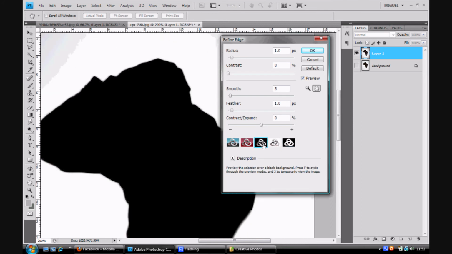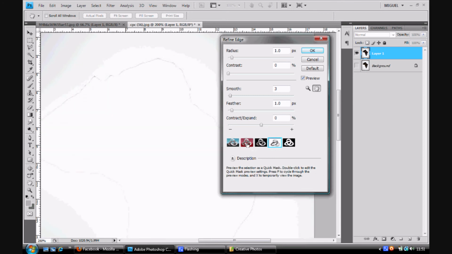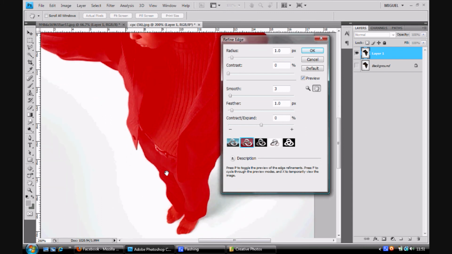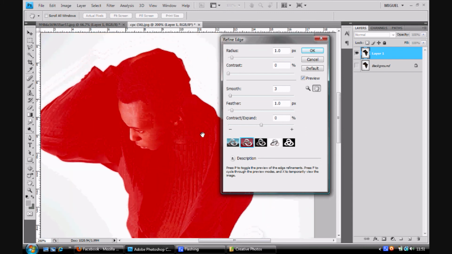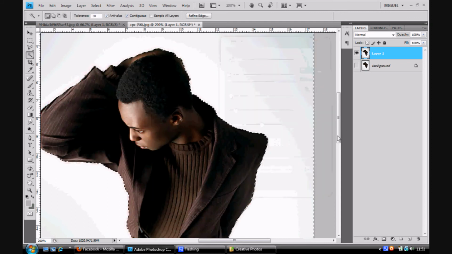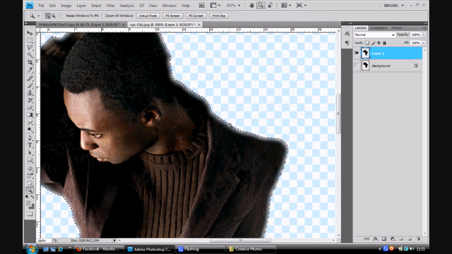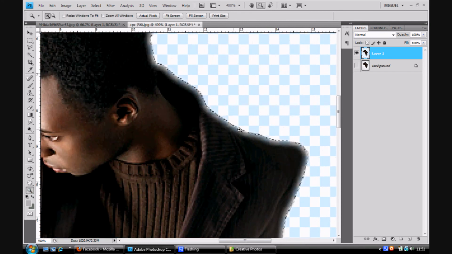And let's put it like so we can see the selection here as well, and we can feather slightly so it's not such sharp edges. So I'm going to go like that, and as you can see here, I've feathered too much, but this gives you the idea. This is the feather, so it just smooths out